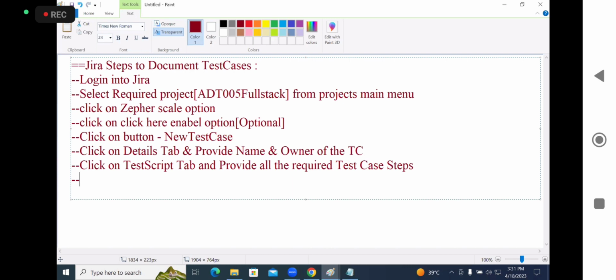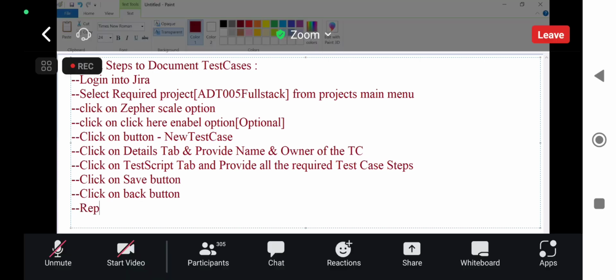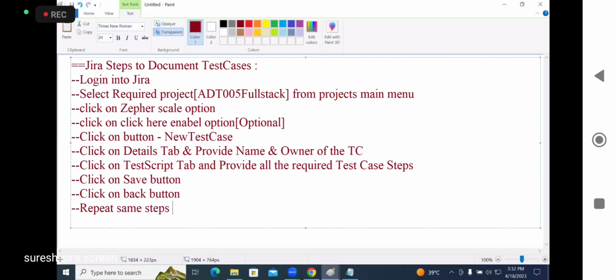After that, click on save button so that it is saved. Then click on back button. After that, repeat the same steps